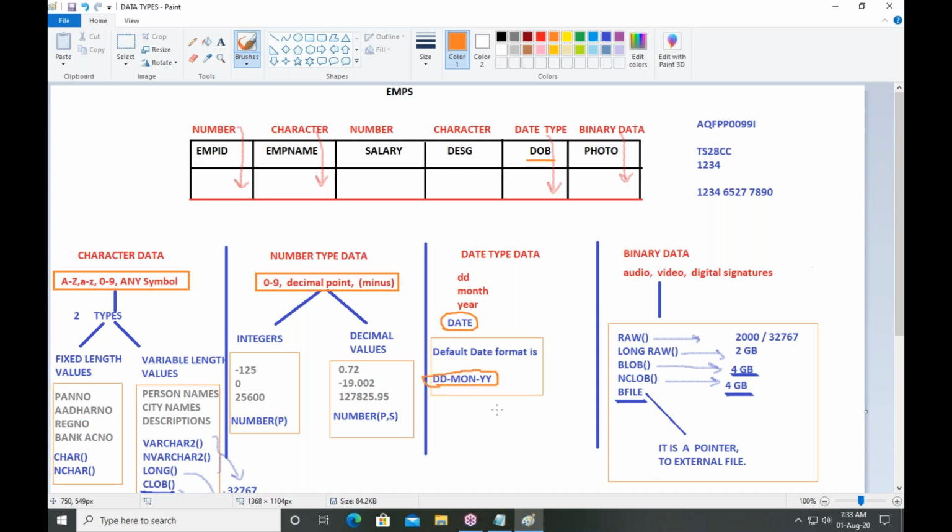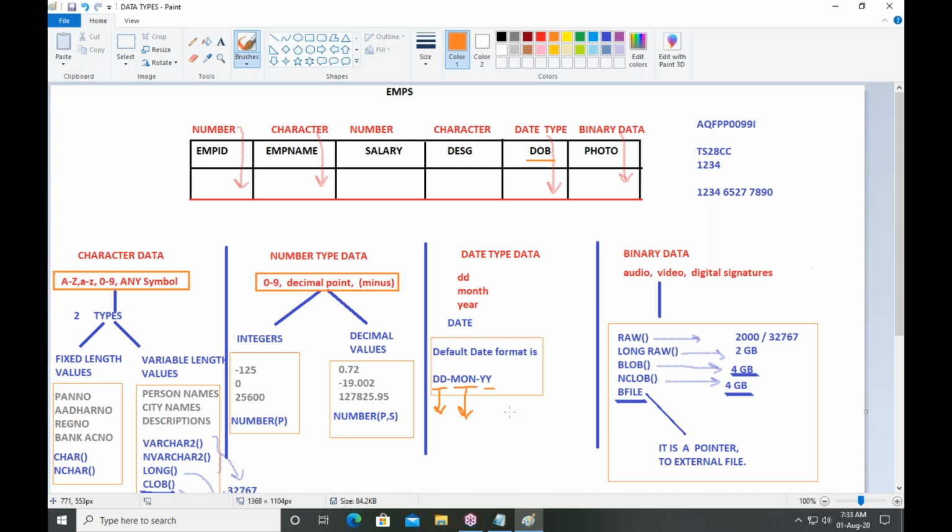DD MON YY. DD means digits of date, MON means first three characters of month name, YY means last two digits of year number.